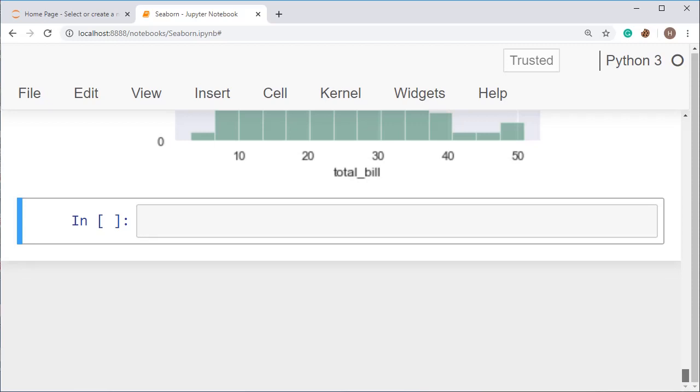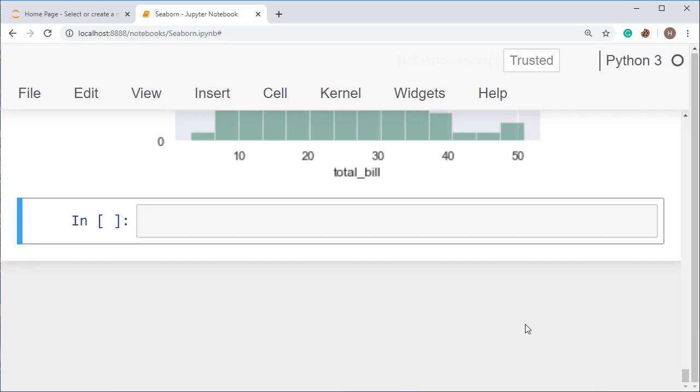Now I will be showing you how to use the kernel density estimate. Actually, kernel density estimate, KDE, is a way to estimate the probability density function of a continuous random variable. It is used for non-parametric analysis. Actually this one is a function of statistics. You will get a better understanding if you have knowledge of statistics.